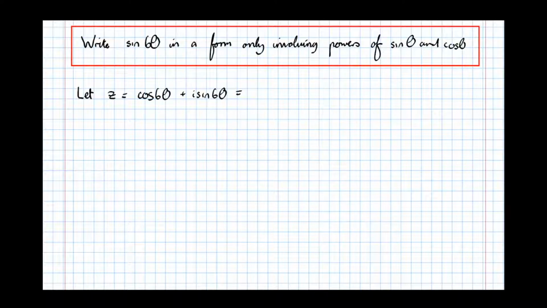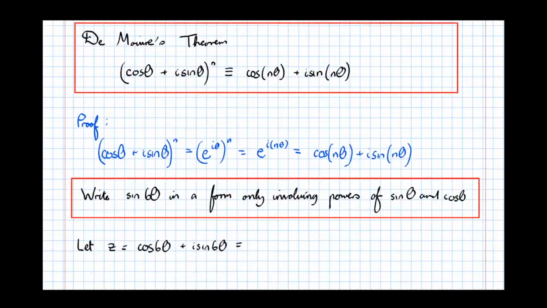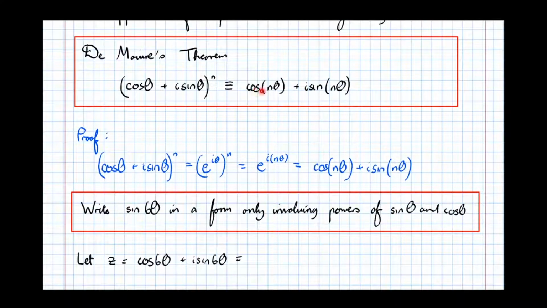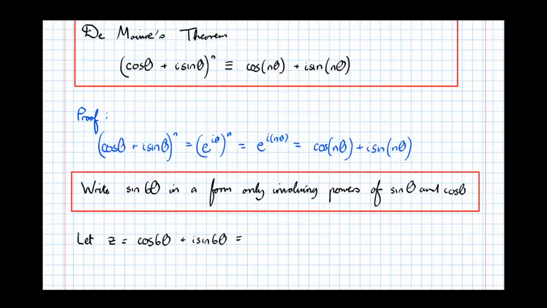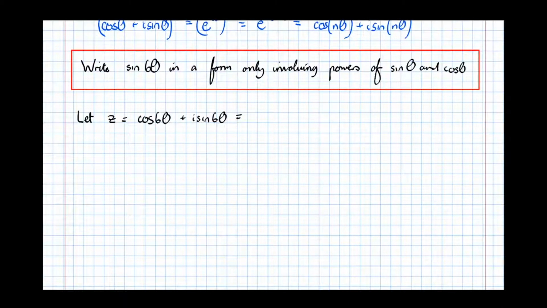But I know that's equivalent to a different complex number from the previous work I've done. So cos of 6 theta plus i sine of 6 theta is identical to (cos theta plus i sine theta) to the 6th by De Moivre's theorem. So putting that in there, (cos theta plus i sine theta) to the power of 6. And if I expand this, the imaginary part of that will be the bit I want. So that's equal to,